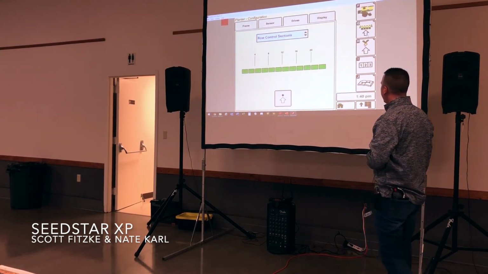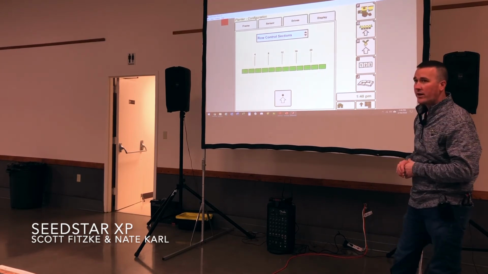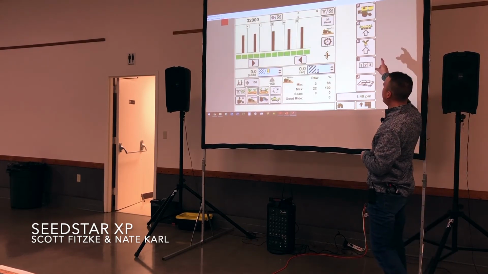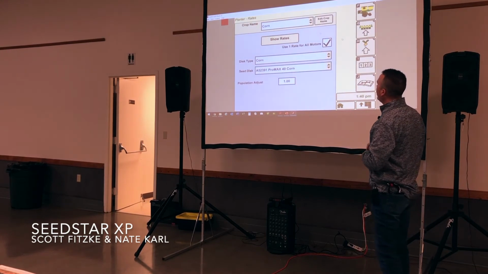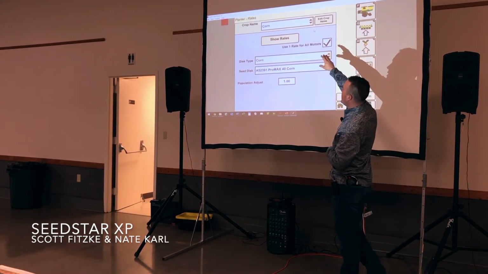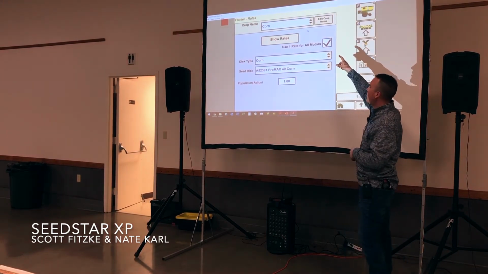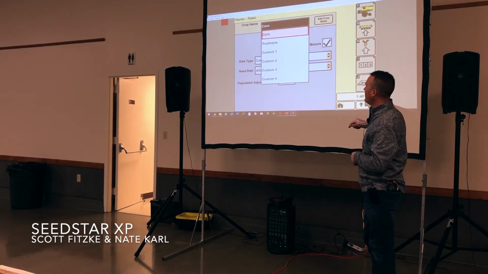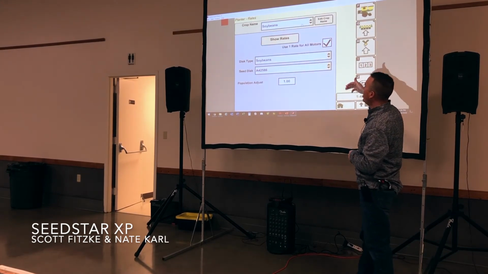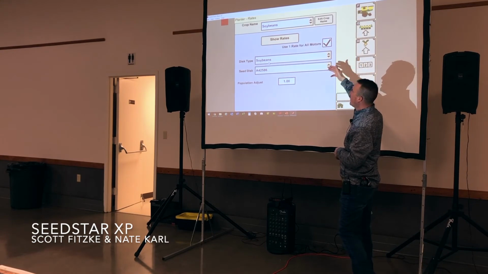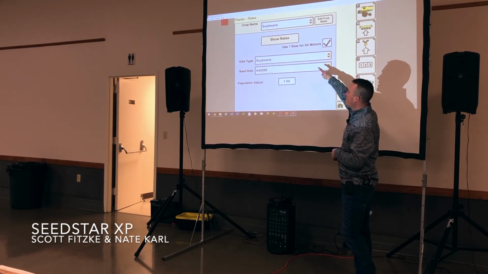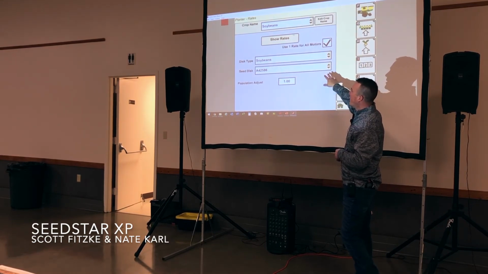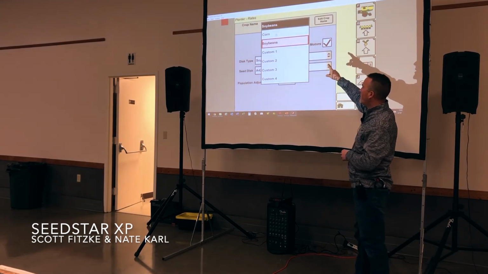So that's it on our planter setup. Our next box down is our seed setup. Up here at the top, we'll see our crop names. We can have some pre-stored in there if we hit that drop down. There we've got corn and soybeans. When we do change that up here, you'll also notice that our disc type is changing and the number that we have in here. More importantly, we want to point out when we get to the corn side,